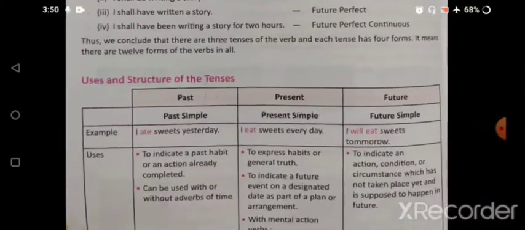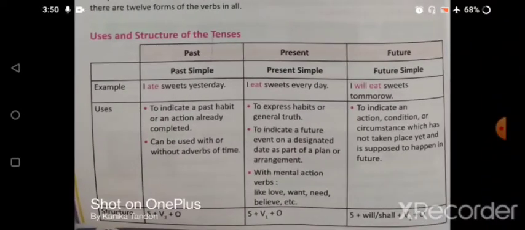Here, uses and structure of the tenses. It is actually already given in your book, otherwise I would have made a chart and then explained it to you, but since it is already given in your book, let us see from here. So first we are talking about the past, the first type of the tense, which is simple past, simple present, and simple future. Of all the three tenses together,